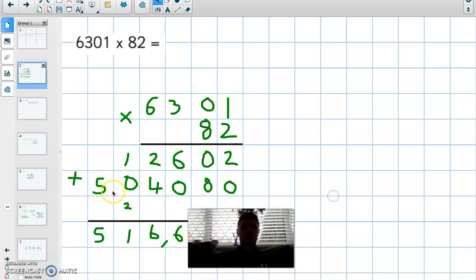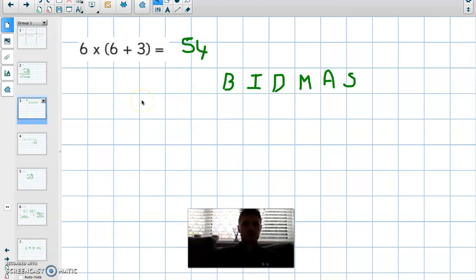Okay, then my job isn't done. I then have to add these two numbers together, which gives me 516,682. Question 2. So write down BIDMAS when you tackle a question like this, because that helps to remind you